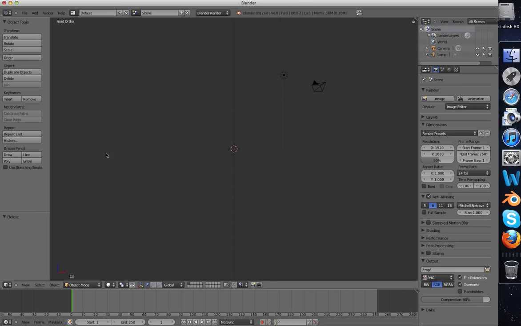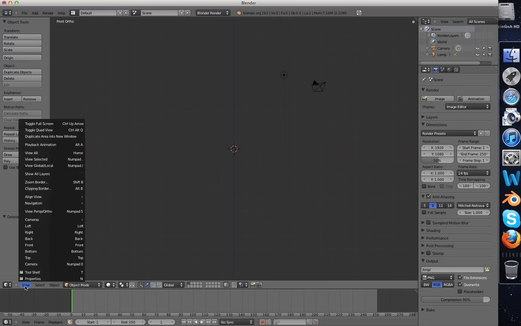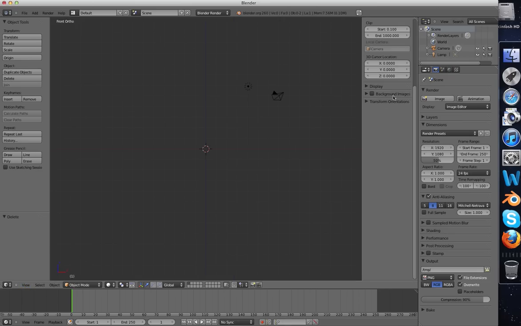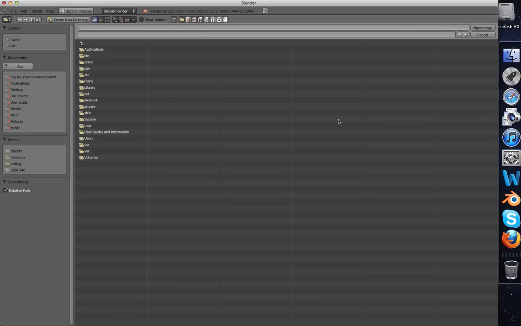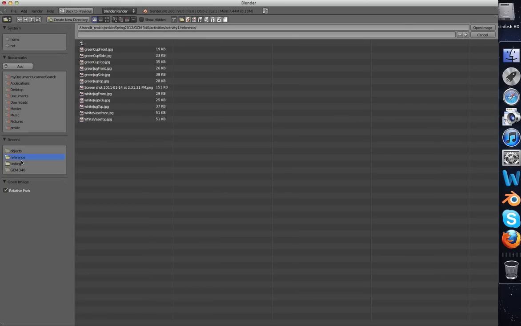And what I would like to add is my images, to use my images for my background. So under View, click View and then Properties. And here's the option for background images. So I will click on that and open the option, and there is Add Image. And first one is front, so the view will be front. I click here and open here, browse my image, and I can come, I already have my recent path, so